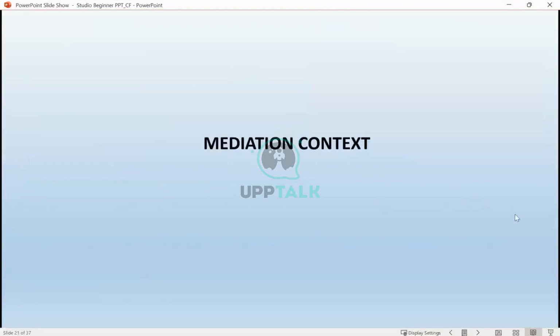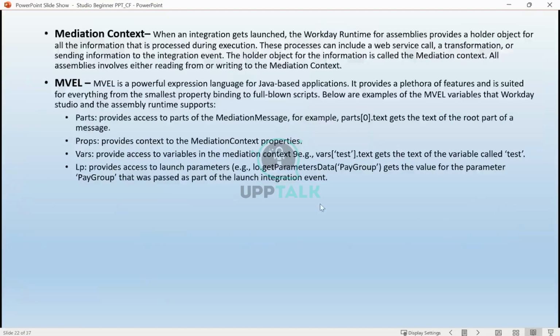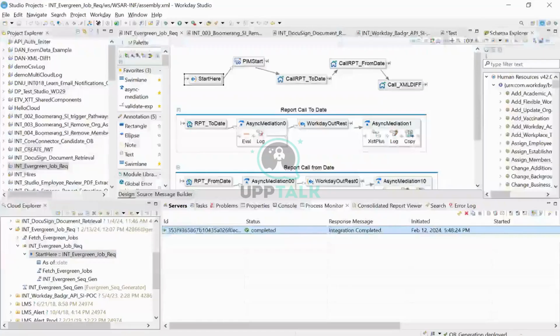Well, moving on is the mediation context. Before going into the mediation context, always remember that inside the studio, everything, when the message flows, is in XML format. You may ask, what does it mean, when the message flows? It means,